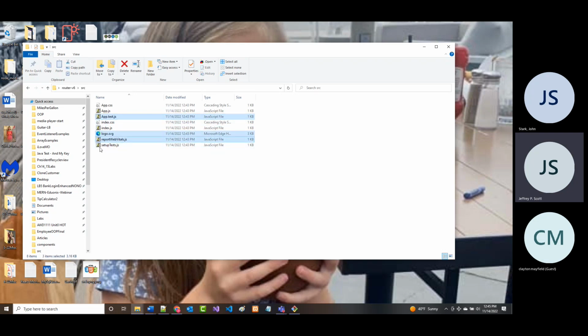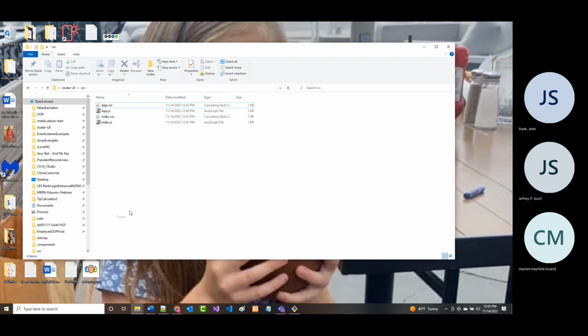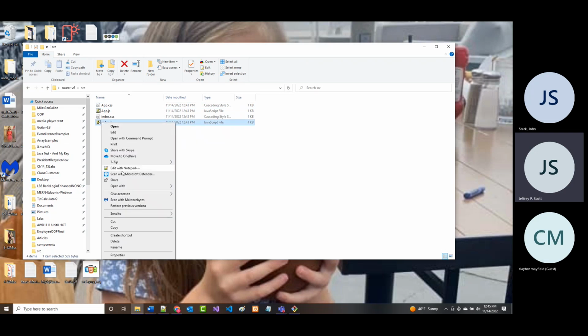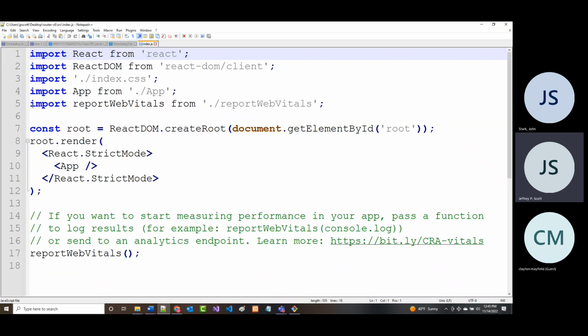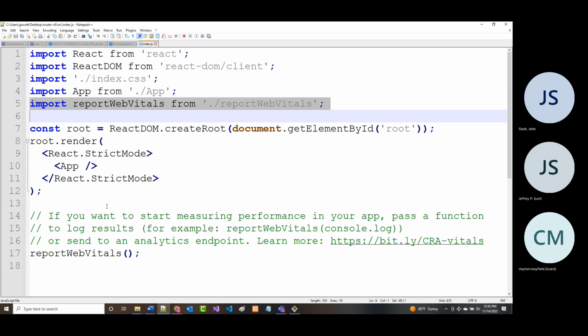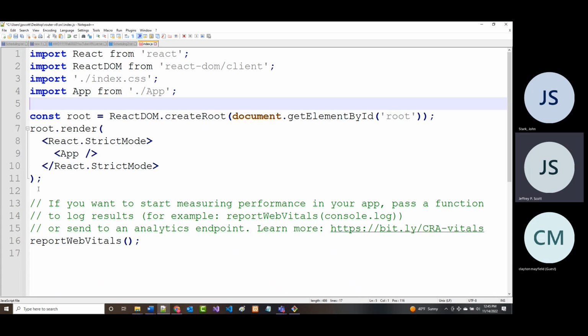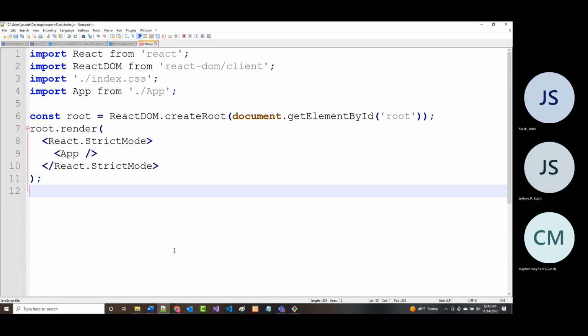I'm going to get rid of report vitals, and I'm going to get rid of setup tests. So they're gone. Then I'm going to go into index.js. And of course, you have to remove this line. All right. And you've got to remove the call down here. All right. So save that and